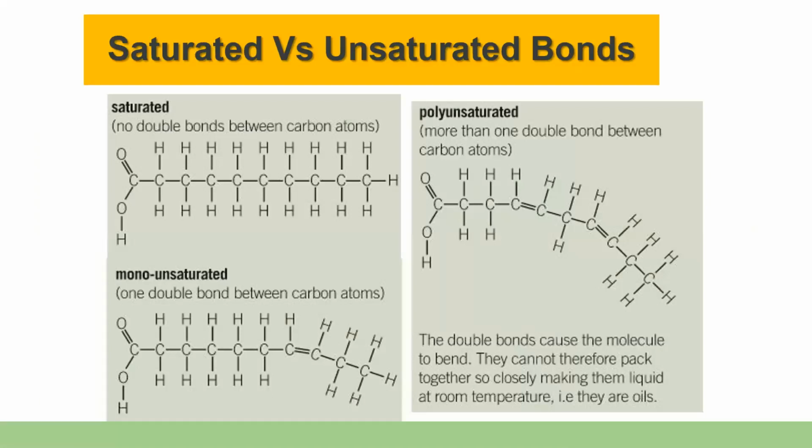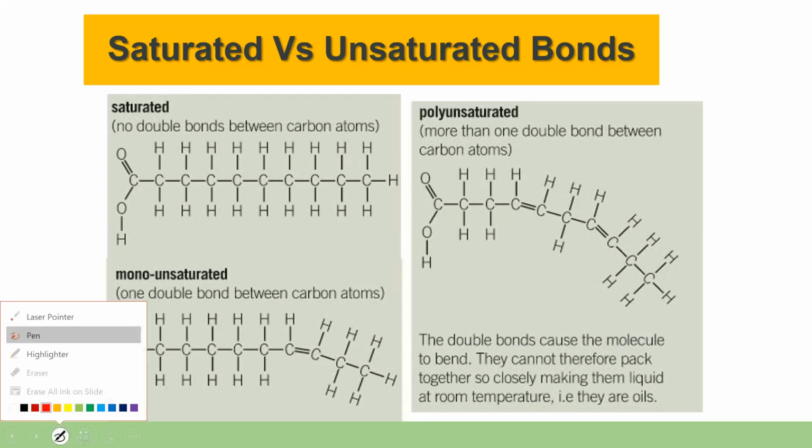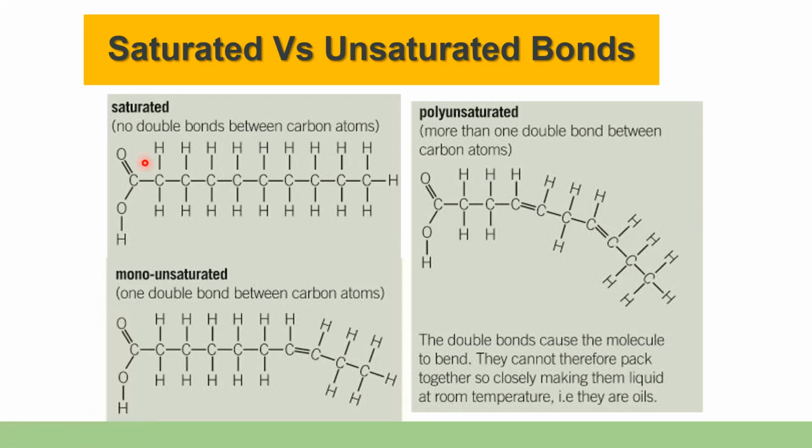Let's talk about the saturated versus the unsaturated bonds. Right now, you're looking at the fatty acid. So let's look at this part here. Saturated, as we discussed, will have this bond. You will have carbon hydrogen, but the valency of carbon is complete. So in saturated, what you see is there is no double bond between the carbon atoms. This is the functional group, COOH, it has its double bond. But when you look at this carbon chain here, there is no double bond there. So it's going to be a straight chain.